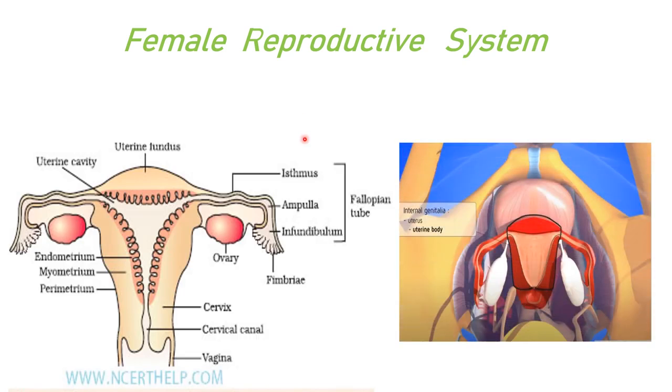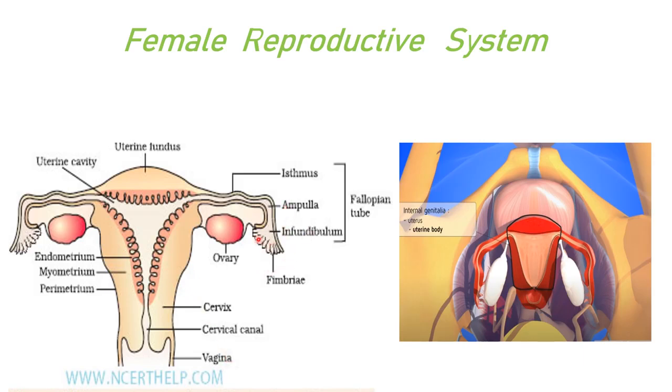The female reproductive system is far more complex than the male because, in addition to gamete formation, it has to nurture the developing fetus. It has two ovoid bodies, the ovaries, which lie in the abdomen. These ovaries are connected to the uterus through a ligament called the mesovarium. This is the uterus. The uterus, fallopian tube, and the vagina form the female accessory organs.